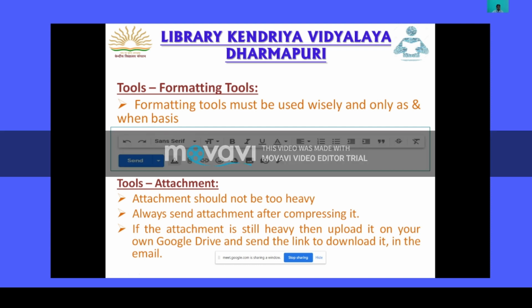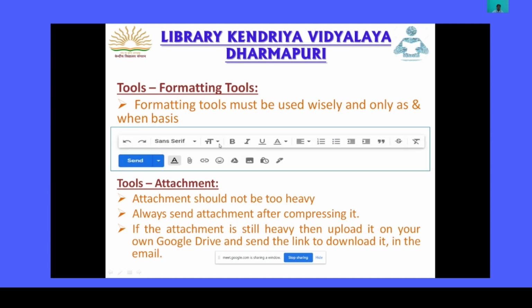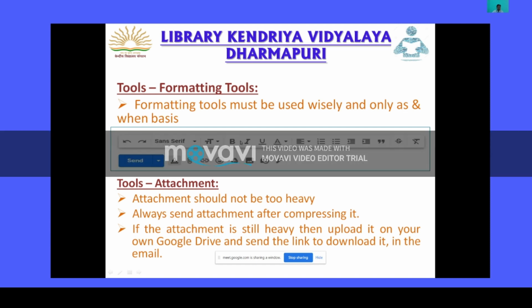Next to it, you can see a double T, one small t, one big T. From here you can change the size of your text. If you want to highlight any word or sentence, you can make it bold, italic, or underline it. From here you can change the color. This is the alignment key.